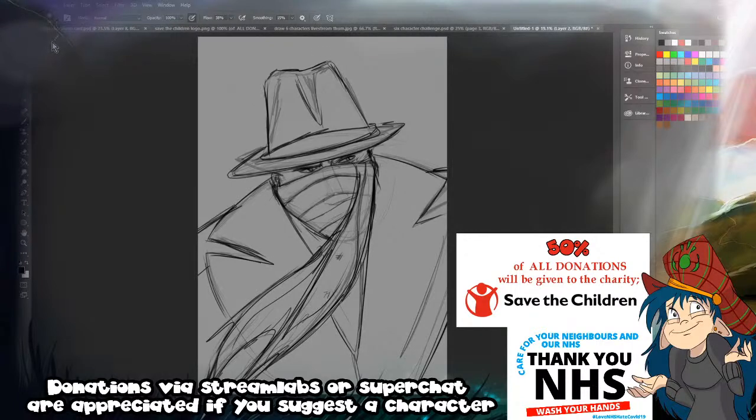Alright, we're not going to spend too much longer on this piece because I want to get the other ones done, but let me just shade in the face a little bit. Maybe shade in the coat a little bit too. We're not shading the whole thing, it's just implied. Maybe make the scarf red.